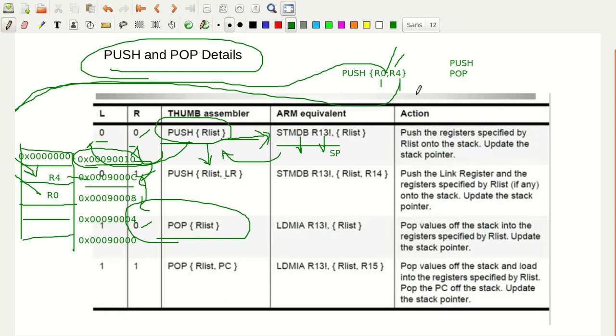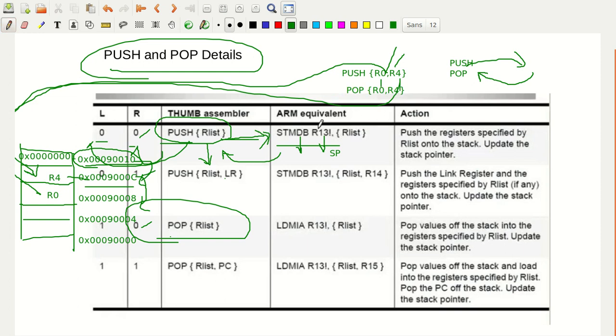In the push operation, you put the content onto the stack. In the pop operation, you take it from the stack and put it back into the registers. So in this case, what you have is push R list, pop R list. Let me write this one. After this operation, let me have the pop operation, pop R0 comma R4. Same thing, the R list that you have to write.